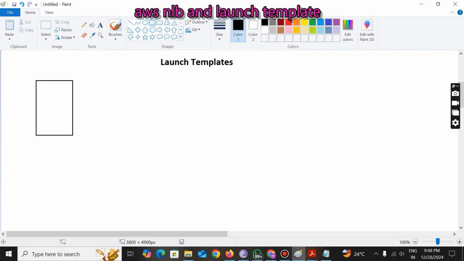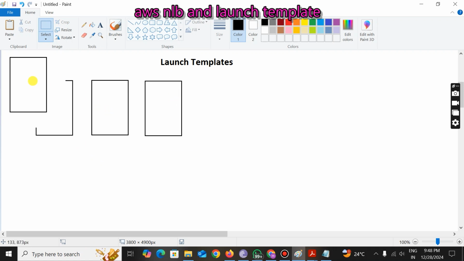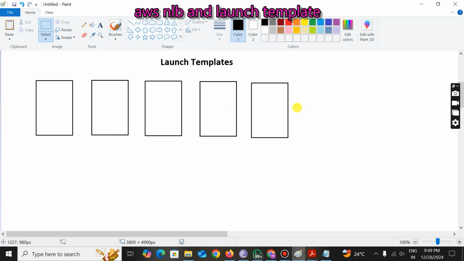So what if you want to create 50 instances with the same configuration? Okay, what if you want to create 50 instances? What if you want to create 100 instances? What if you want to create 1000 instances at a time? So by using this launch template option,